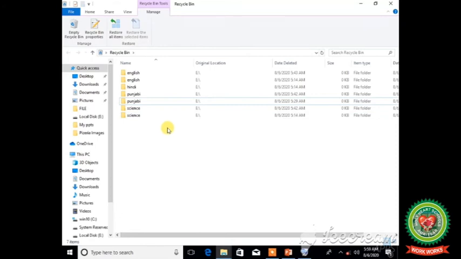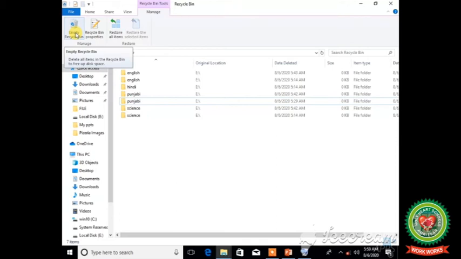And if you want to empty the recycle bin, then from the Manage group, you can click on Empty Recycle Bin. It will delete all the files or folders permanently from your computer system.